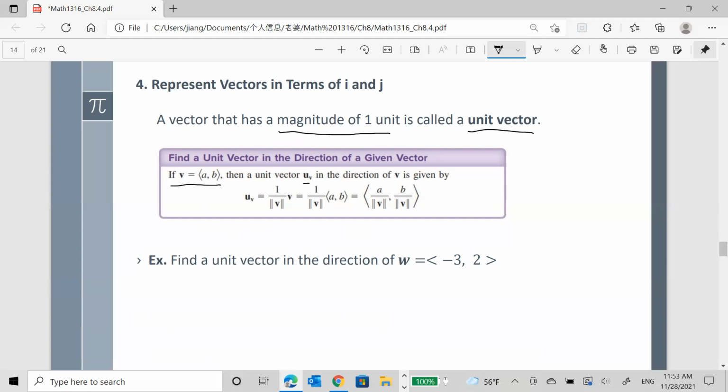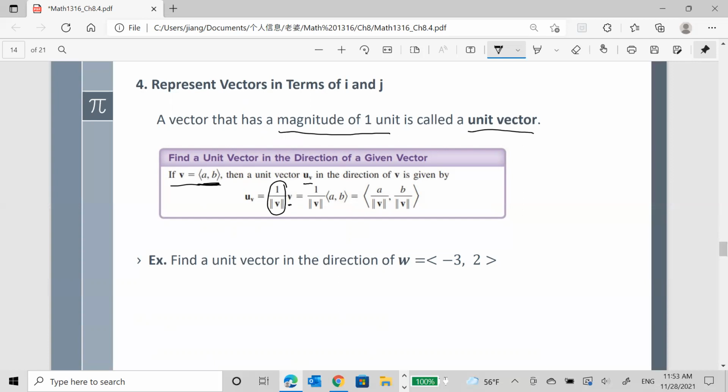We say the unit vector of V is U sub V. The direction of V is given. The first step, we need to find the magnitude of V and use 1 over magnitude times